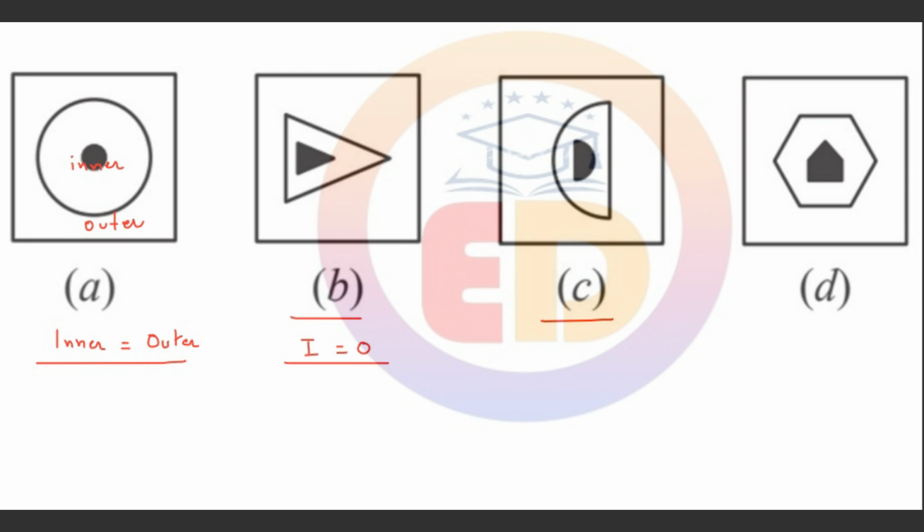In the third figure too, the outer shape is a semicircle and the inner shape is also a semicircle. So they are also the same. However, if you look at the fourth figure, the outer shape is a six-sided polygon, a hexagon, but the inner shape is a five-sided polygon, a pentagon. So inner shape and outer shape in the fourth figure are not the same, and that is going to be our answer, option D, because the inner and outer